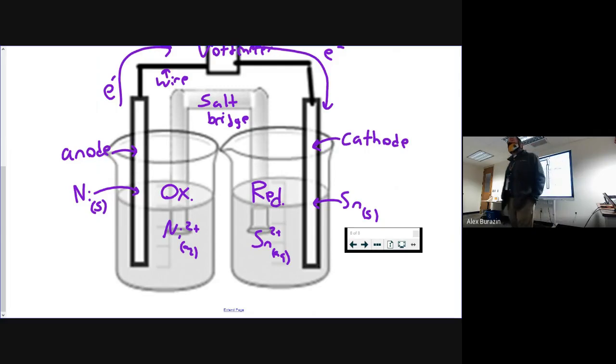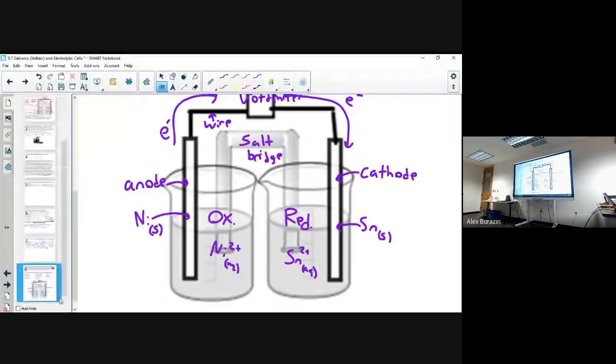So what starts this reaction? Like once you close the circuit, it will start immediately? Mhm. So even like a AA battery, you have this system, right? Mhm. So if it's just sitting idle,